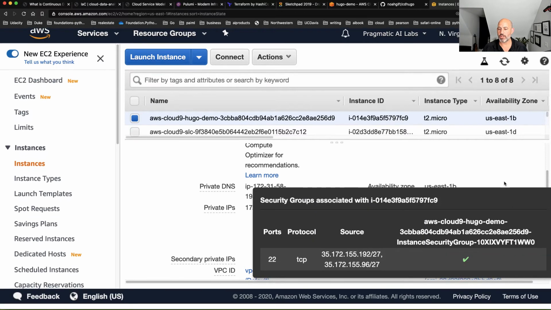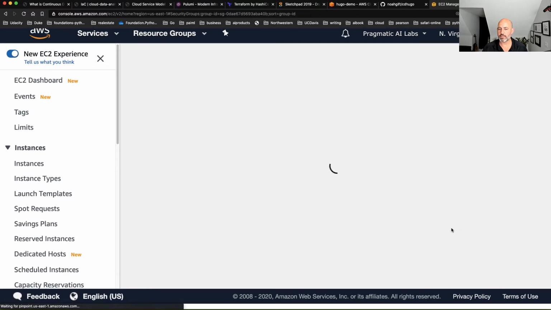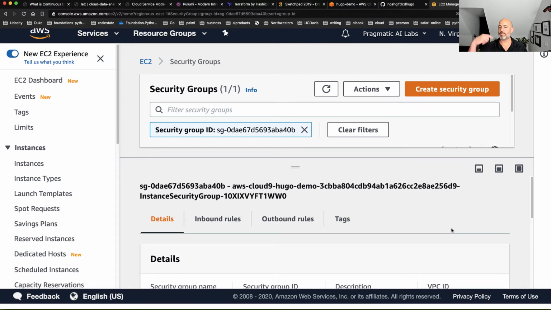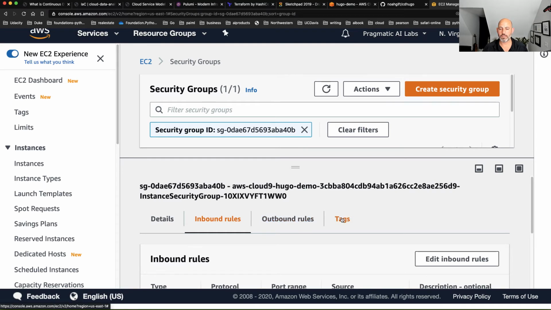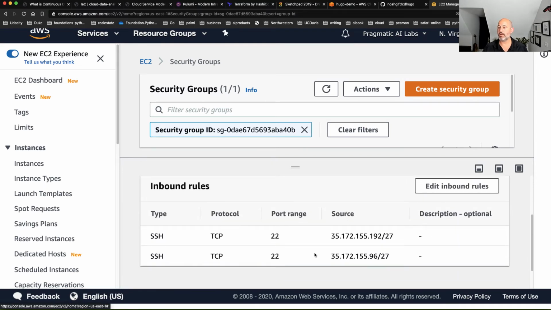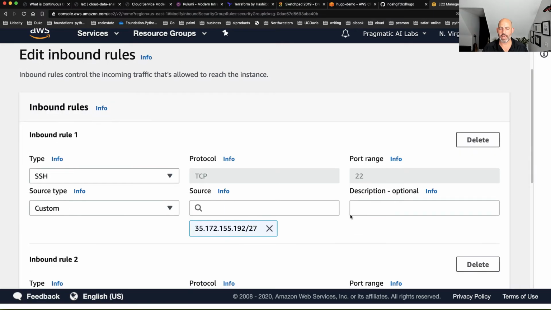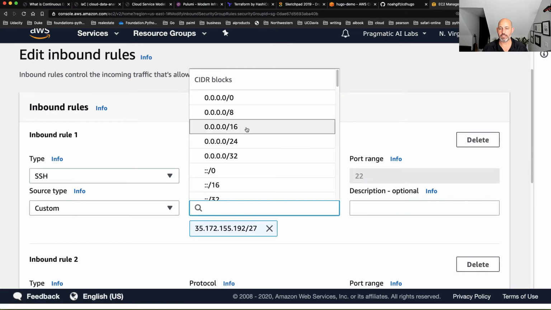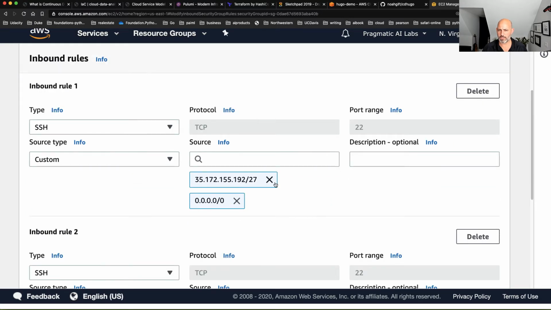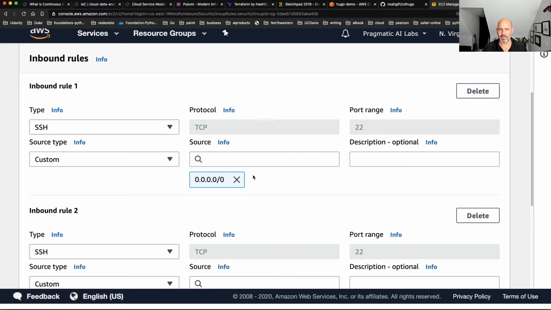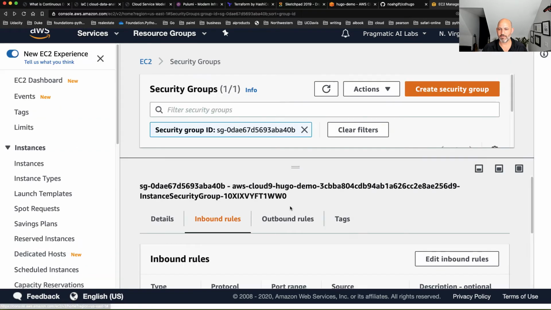And so if I want to change those inbound rules, I just click on this. And if I want to connect to this physically and run a server, what I would do is go to inbound rules, and I would add a port 8080 and let anybody in the world access it. So let's go ahead and do that. Let's add a new rule, and we can just say everybody in the world can access this. And the port will be, actually, let's not mess with this. Actually, let's not save this. I don't want to mess that up.